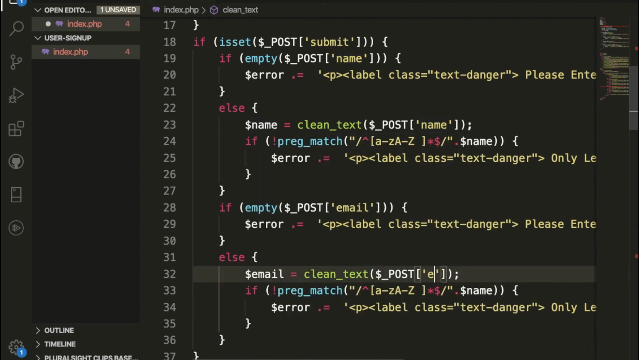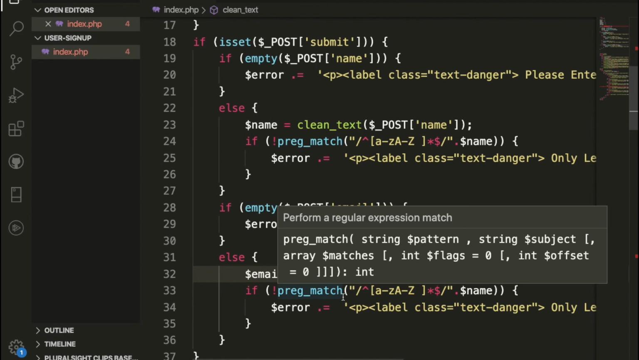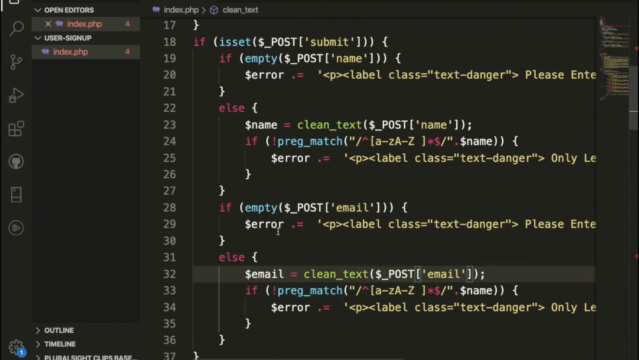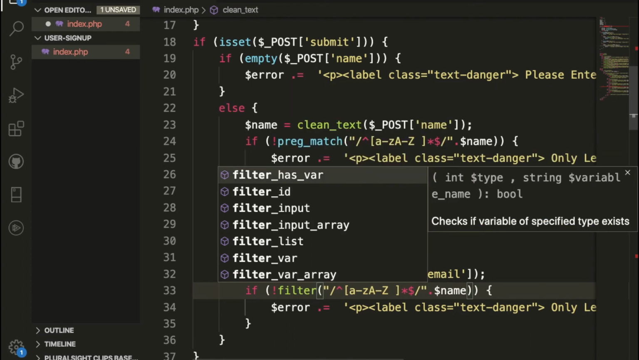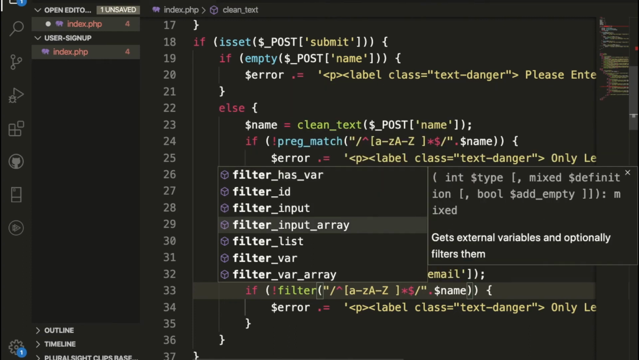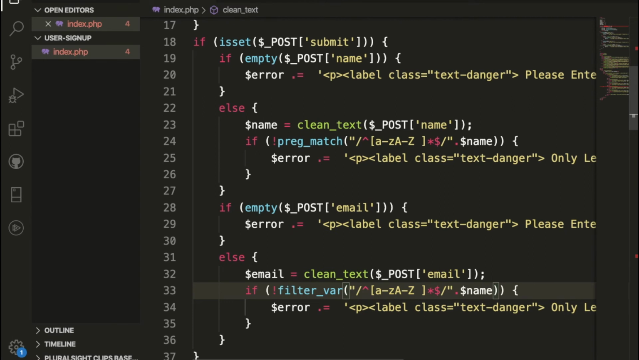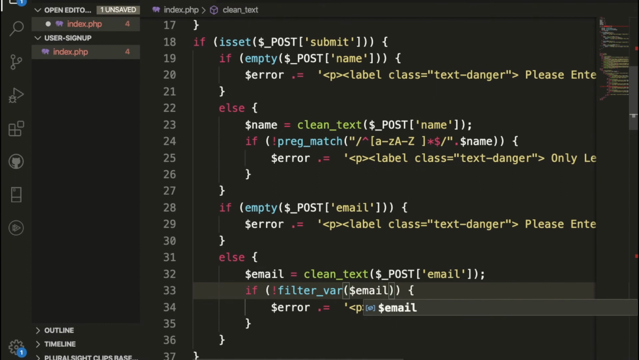Okay, post is email, then here this is important to filter basically email. Then I need to put here filter where something, this filter where. Okay, this filter where basically checks email ID validation. I'm going to put here email, comma filter,